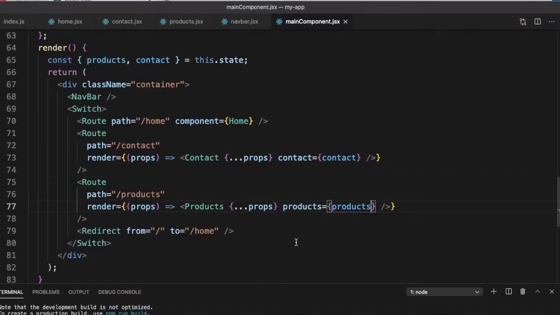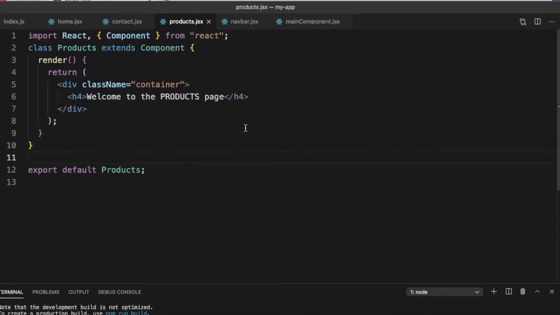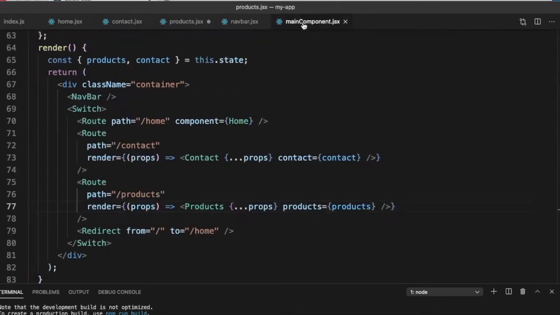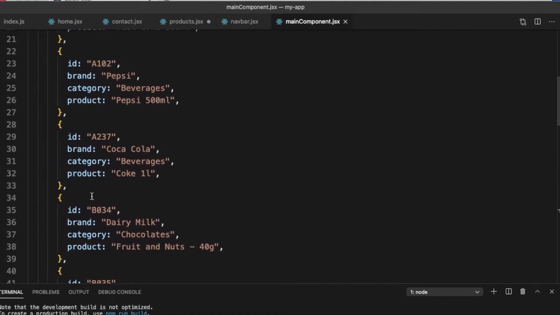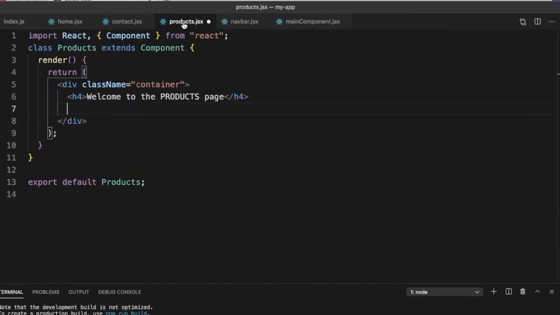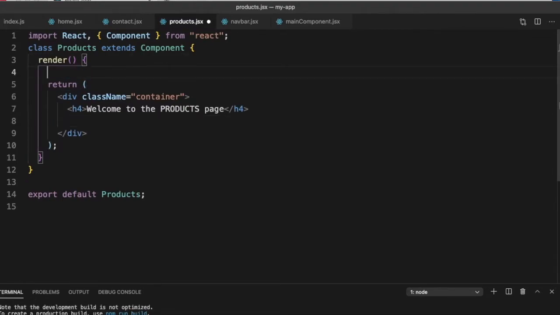So we are passing the props products and we are spreading this. Let's go back to our products. So here we get the list of the products, and we have ID, brand, category, and product. So let's destructure it.